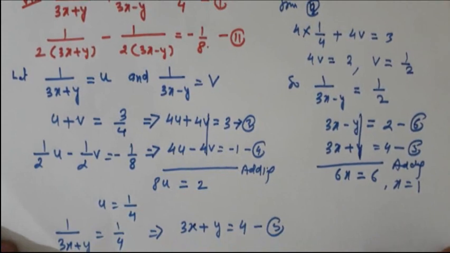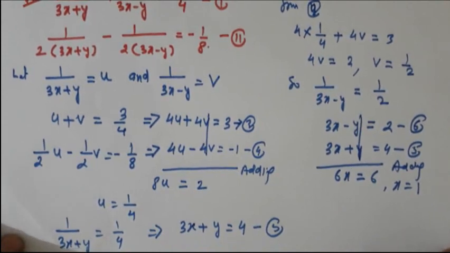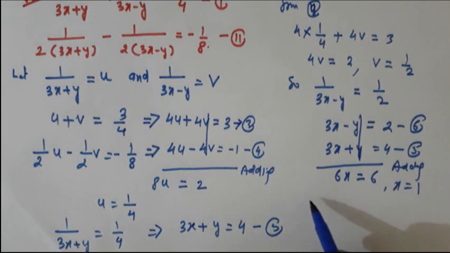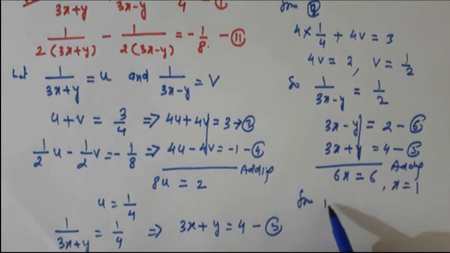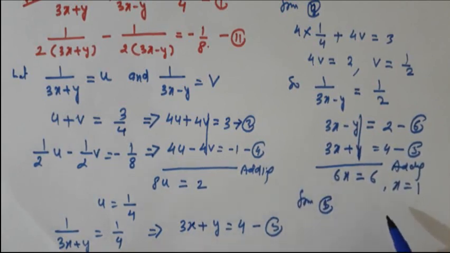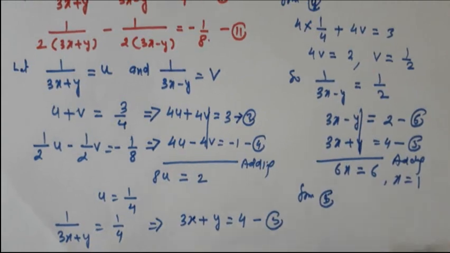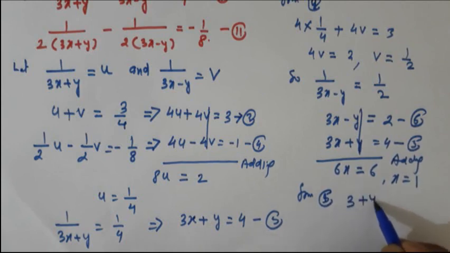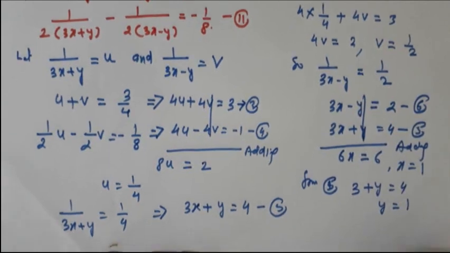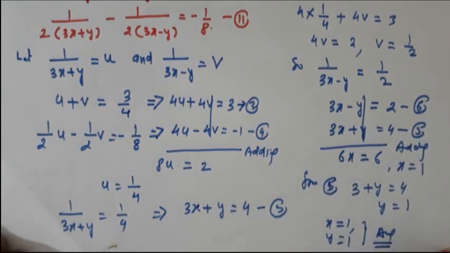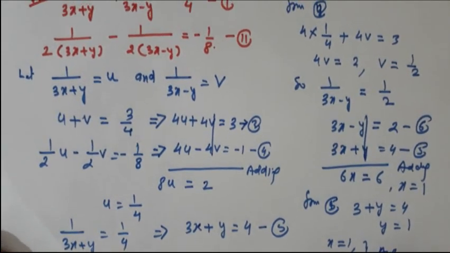अब ये x इक्वल टू 1 कहीं भी रख दीजिए, इक्वेशन नंबर 5 में या इक्वेशन नंबर 6 में. So from 5, इक्वेशन नंबर 5, तो x इक्वल टू 1 है, आप यहाँ रखिए 5 में x इक्वल टू 1, this is 3 into 1 that is 3 और plus y is equal to 4, तो y इक्वल टू भी आया 1. Then your final answer of this question is x is equal to 1 and y equal to also 1, and this is question number 1 and part 8 और उसका solution.